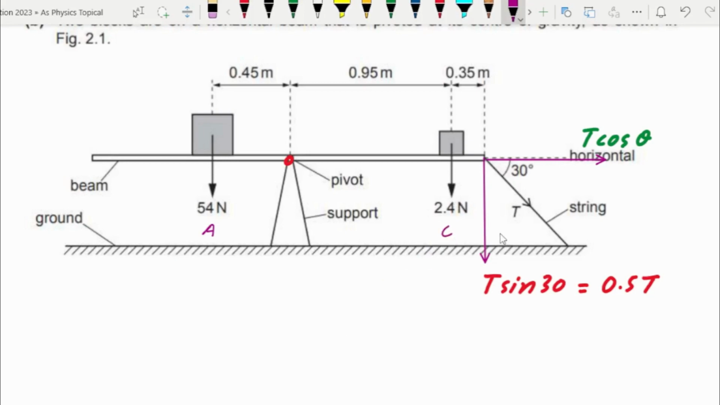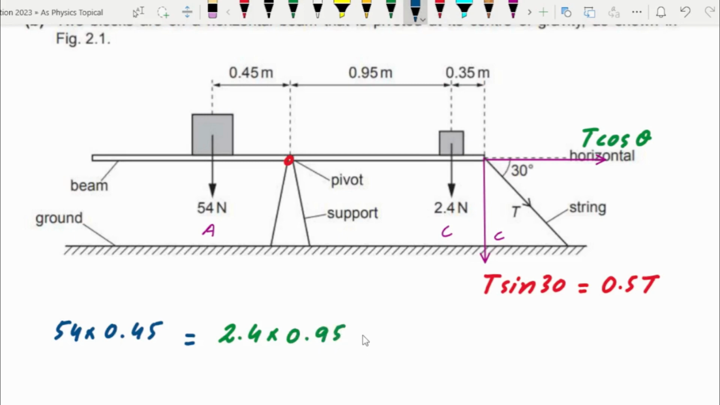This one would also rotate clockwise, you can write c with it. So let us apply the principle of moment. 54 times the perpendicular distance of net force from the pivot, which is 0.45, equals the clockwise side, where first you have 2.4 times the perpendicular distance of that force from the pivot, which is 0.95,